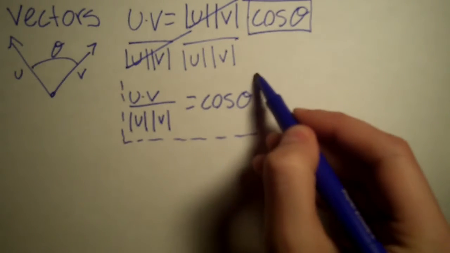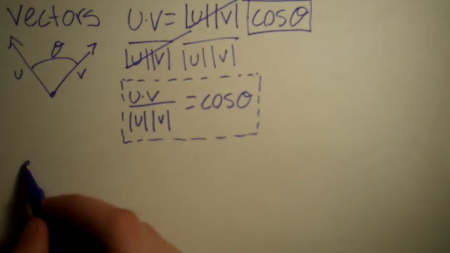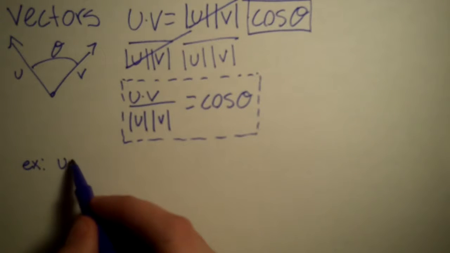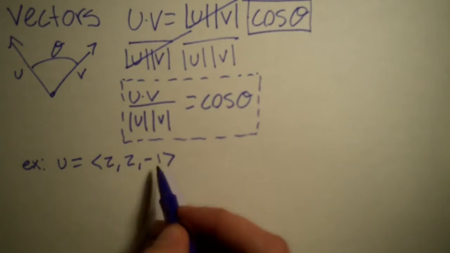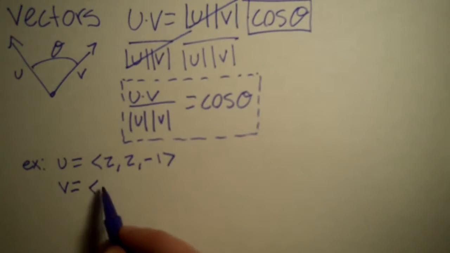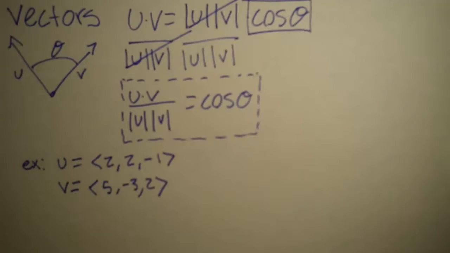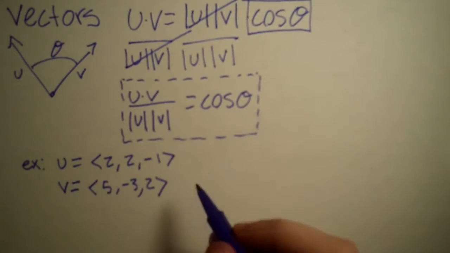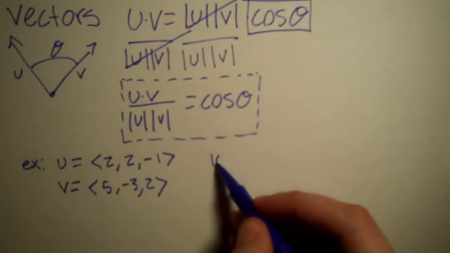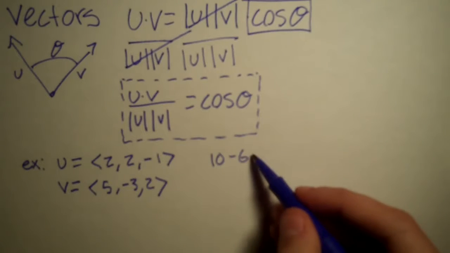Now, say you're given an example problem, and it looks like this. U is vector 2, 2, negative 1, and vector v is 5, negative 3, and 2. Now all you need to do is start plugging it in. When you multiply vector u and v together, you multiply the numbers together. So 5 times 2 is 10, 2 times negative 3 is negative 6, 2 times negative 1 is negative 2,